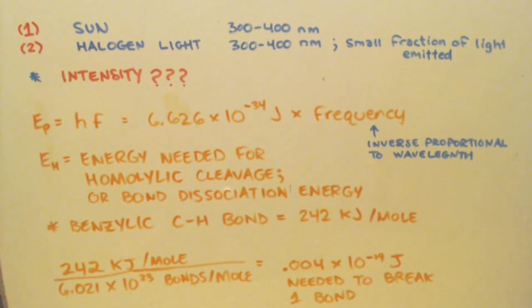Now, if you're going to buy a special UV light that just does UV, keep in mind, just getting 300 to 400 nanometer, that doesn't mean it's going to work, because of a thing called intensity. And I didn't look this up. I don't know if that's the correct word or terminology. But by intensity, I mean, if you have 1 photon per second, because it's a type of UV